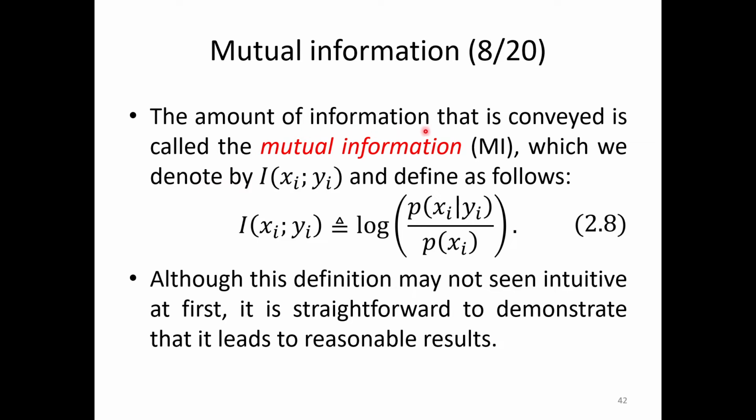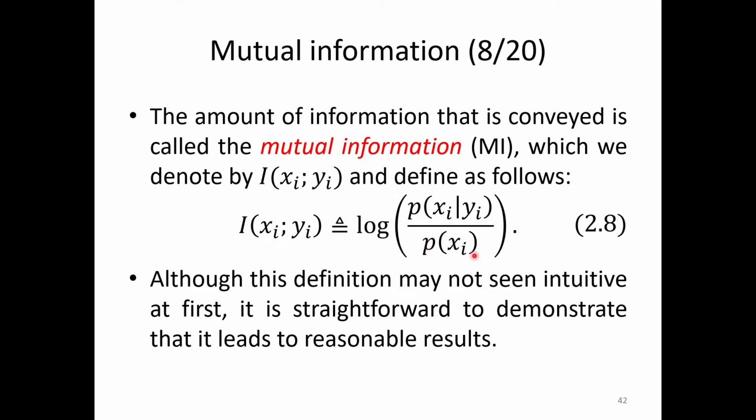The amount of information that is conveyed is called the mutual information, abbreviated MI, which we denote by I(x_i; y_i) and define as follows: I(x_i; y_i) is defined as log of P(x_i given y_i) over P(x_i),